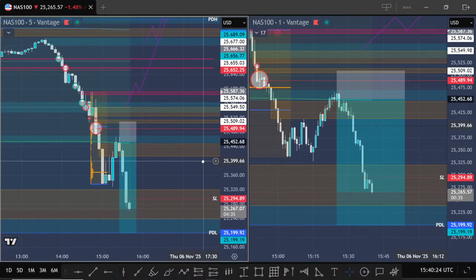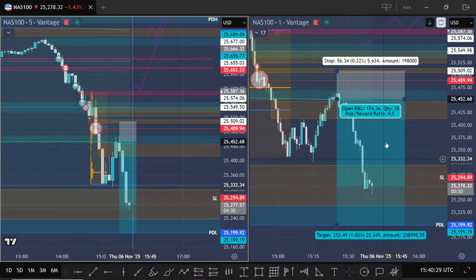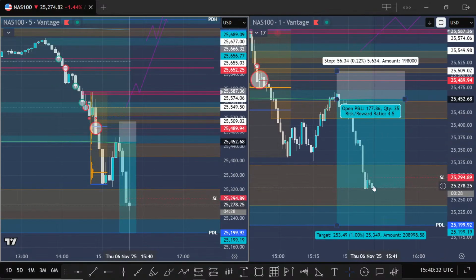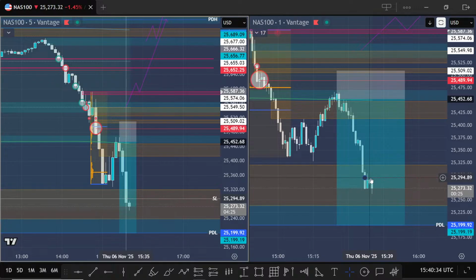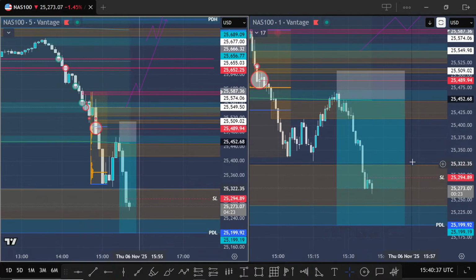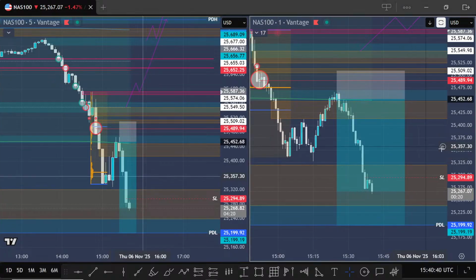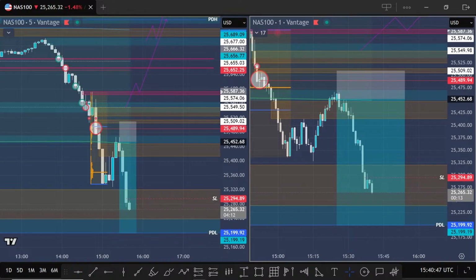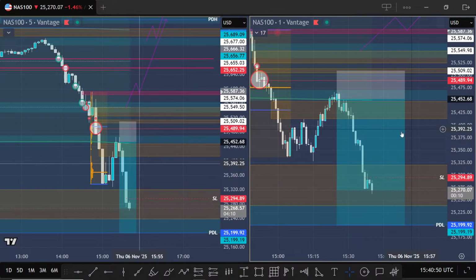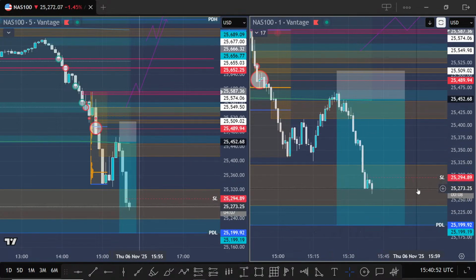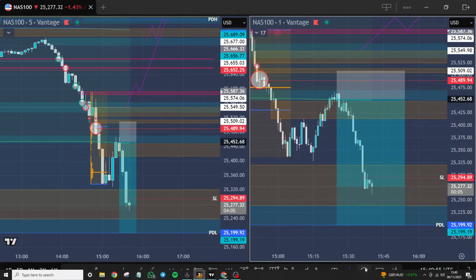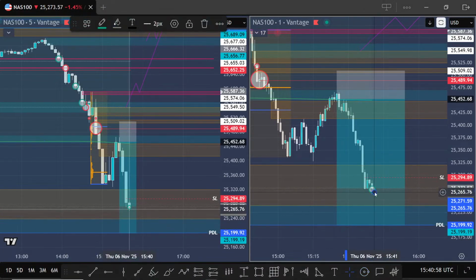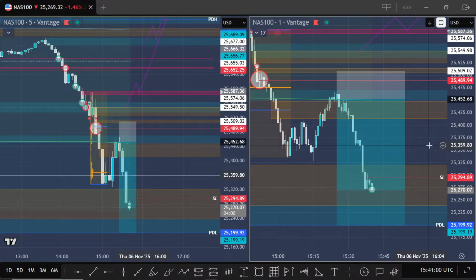Sometimes I just find it really hard not to hold floating P&L. And even if there's a low volume node that it could wick into, it's not worth risking all of this profit for the sake of getting an extra one to whatever this is. It's just not worth anything really. And there's no big trades either to make decisions based on. And I've got now a buy in here. As soon as I mention big trades,